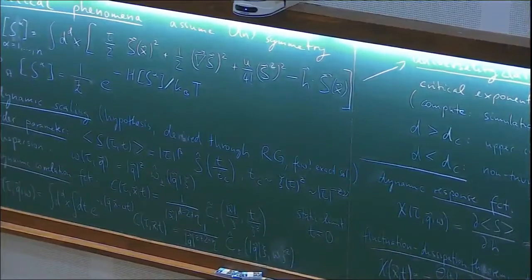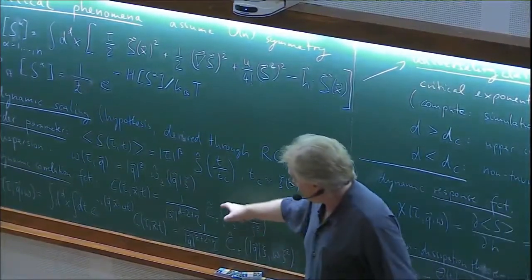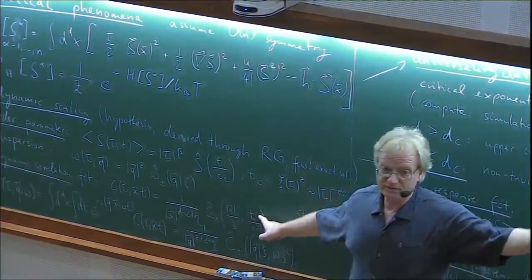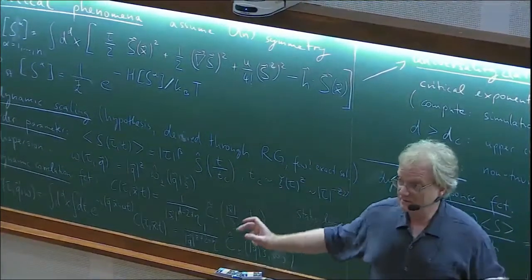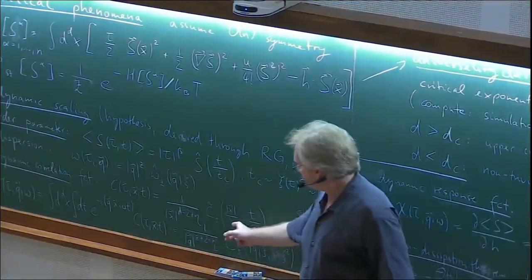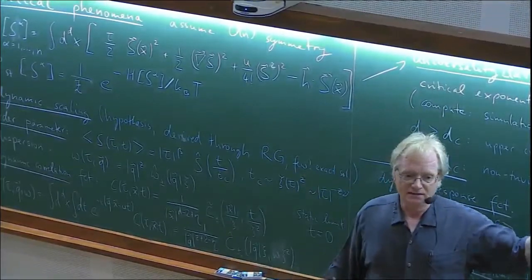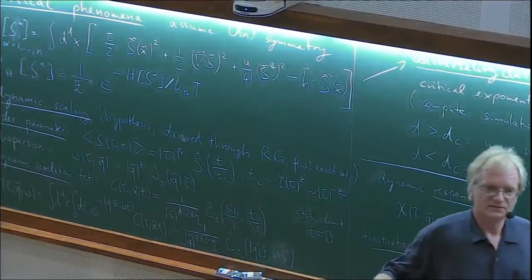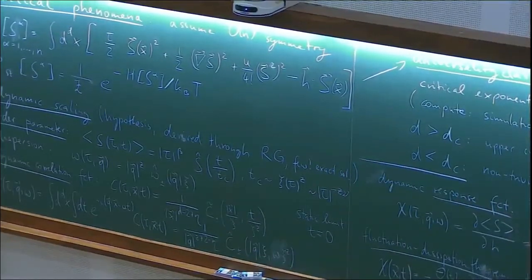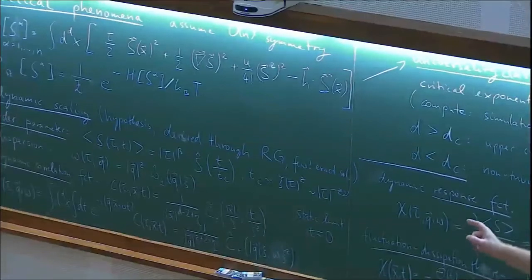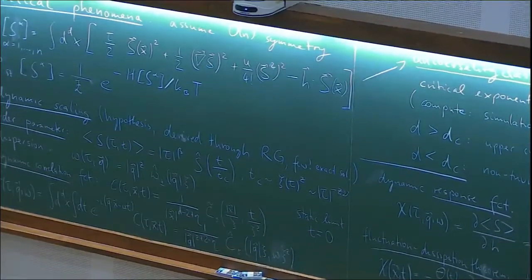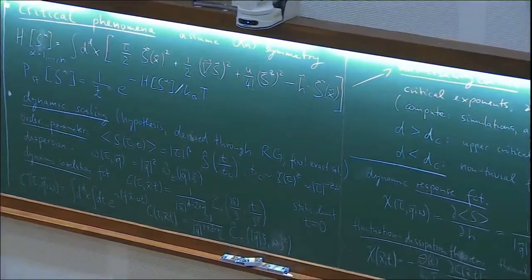Now, if you stare at that, it looks like I have a d-dimensional theory plus another time direction. So it looks like a d plus one-dimensional theory with, however, anisotropic scaling. In the position directions, I have to scale things by xi. In the time direction, I have to scale things by xi to the z. So if I think of a d plus one-dimensional setting, time, of course, has special issues like causality and the like, but in such a setting, this dynamic exponent z takes the role of an anisotropy exponent. It tells you how you have to scale things differently in time.